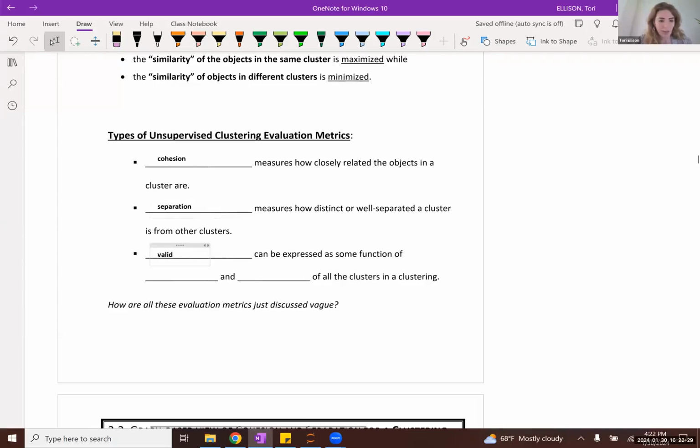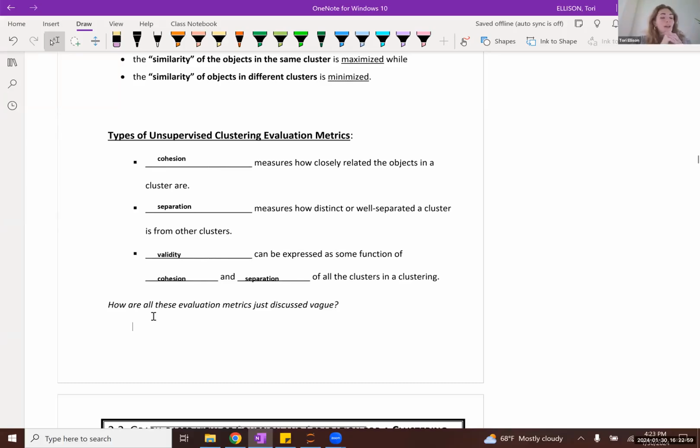And to combine both of these terms to measure the overall cohesion and separation of the entire clustering, we define what we call validity, which can be expressed as some function of the cohesion and separation of all of the clusters in a given clustering of a data set. Okay,